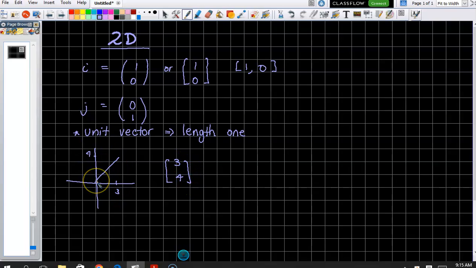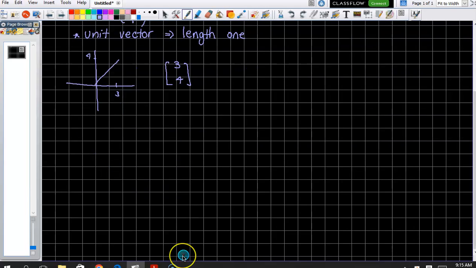And yes, we looked at this with complex numbers, so it should not be anything brand new to you. So if I wanted to find the unit vector of this, in the same direction, but instead of having a length of